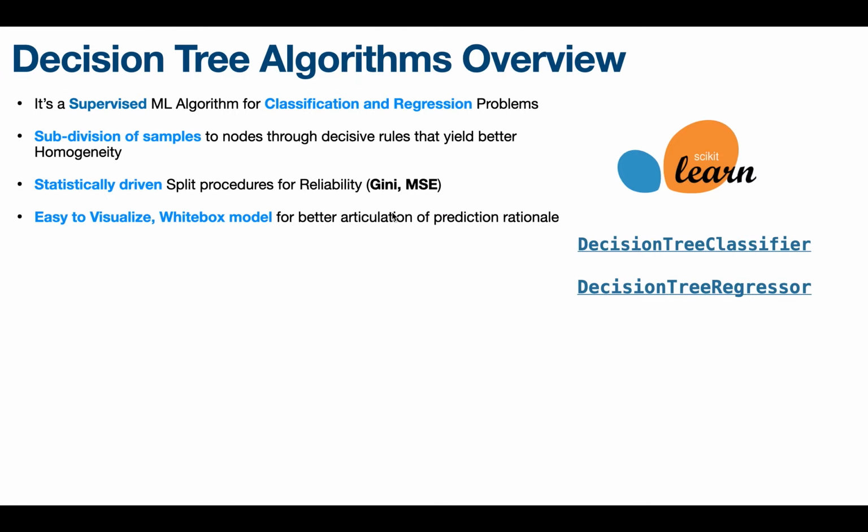And it's easy to visualize, since it really works on the basis of conditions and decisions on feature conditions. So this is easy to explain to stakeholders, to clearly say on what basis we are predicting an outcome, right? Compared to other models like linear regression or logistic regression, those are not so easy to explain the rationale. Whereas with decision trees, we can clearly explain on what basis we are coming up with some predictions.